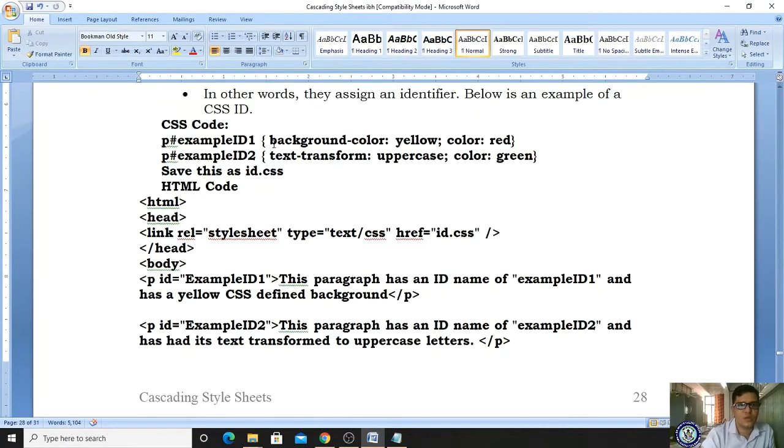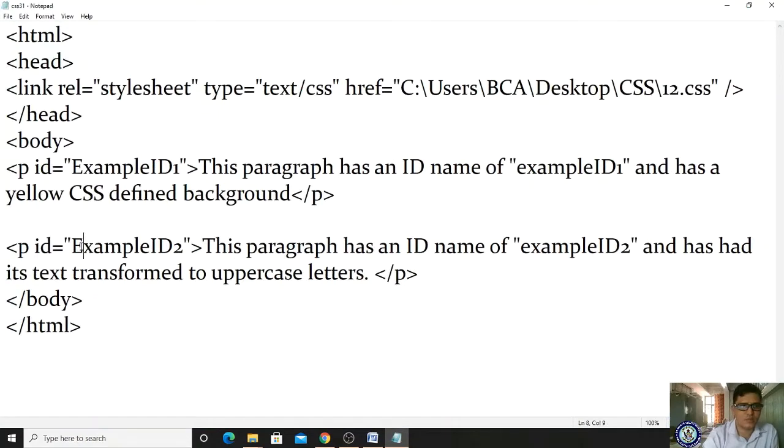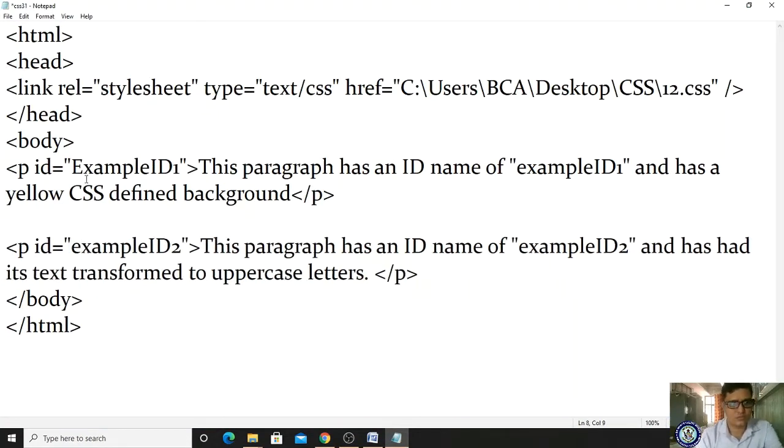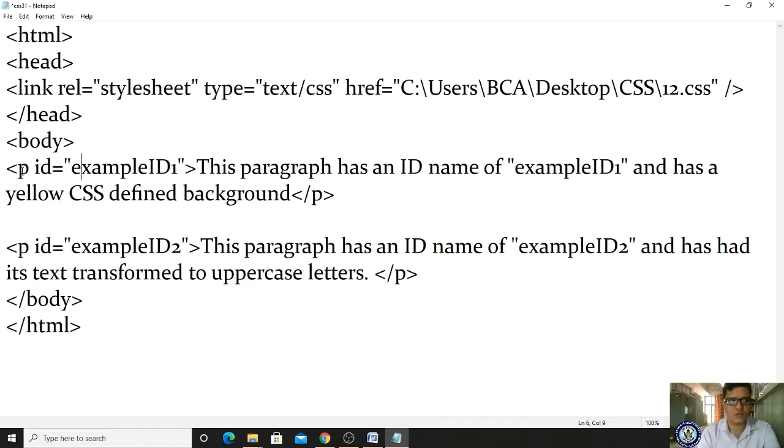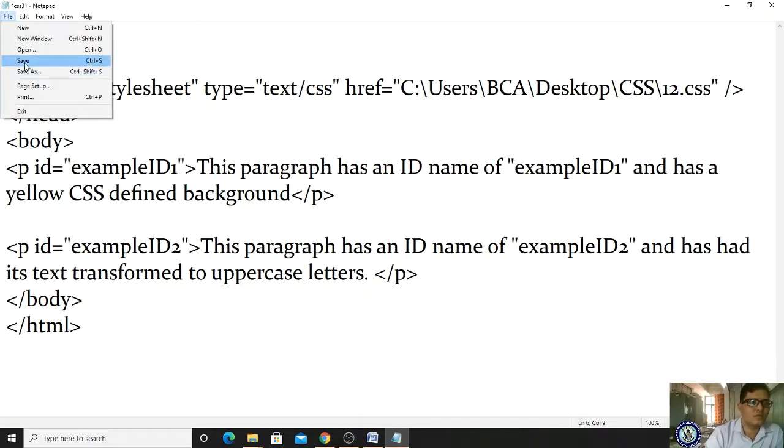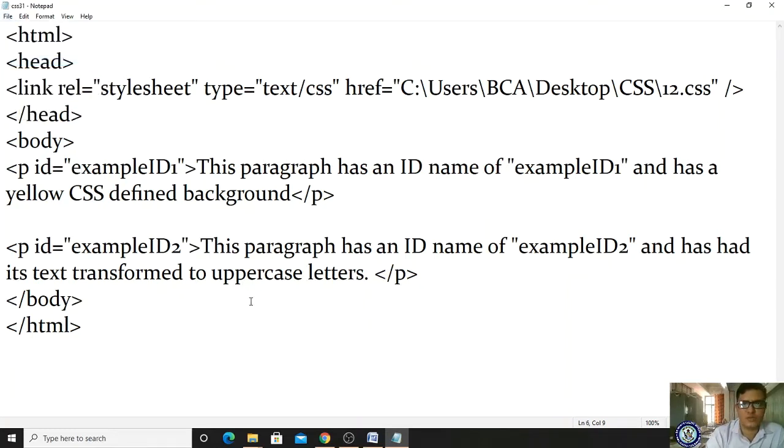Why? Background color yellow, here color red. Text transformation uppercase and green. Example id 1, example id 2, right? Here the e is appearing as a capital. Let me make it small. Okay, yes, let me save it and now let me check.